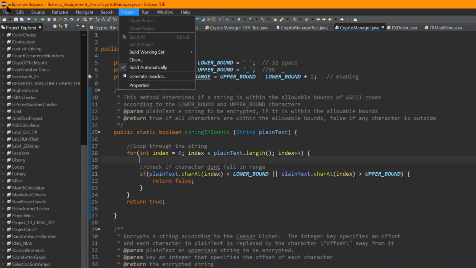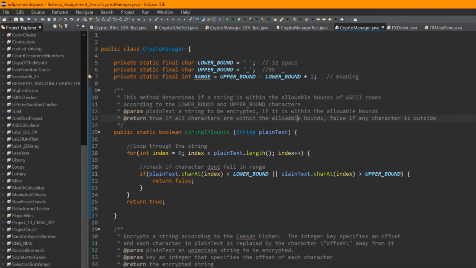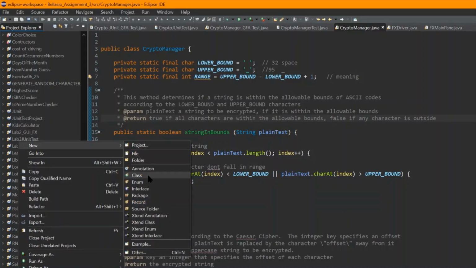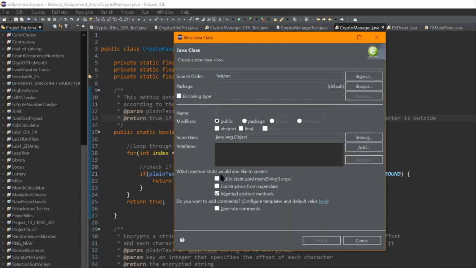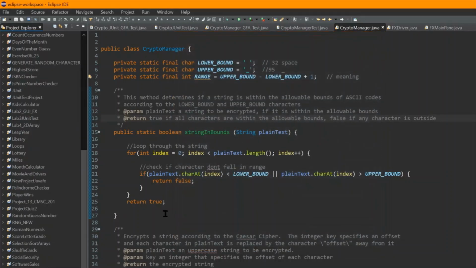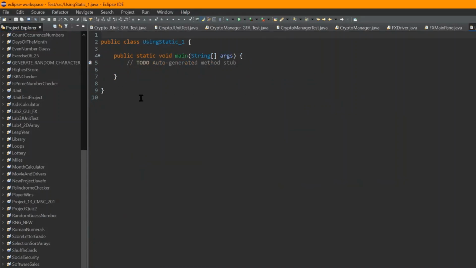Here's my test project. I'm just gonna set up a new class and I'm gonna call it using static. I'm gonna let it have a main method from here because I'm lazy. So we're having a project here, right? Normally when you're setting up your projects, you would